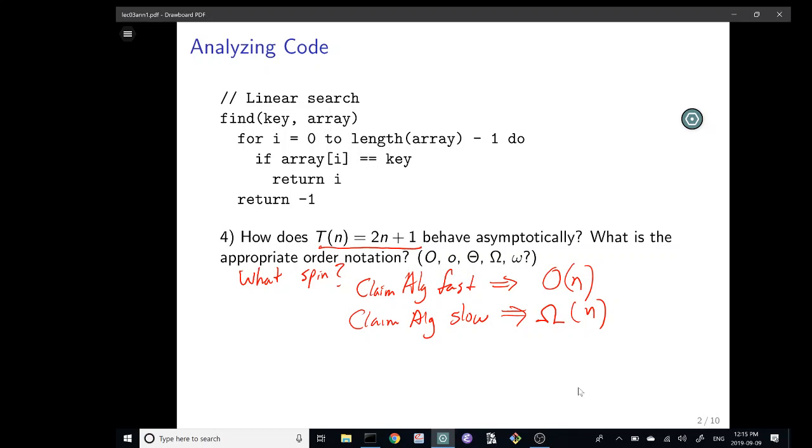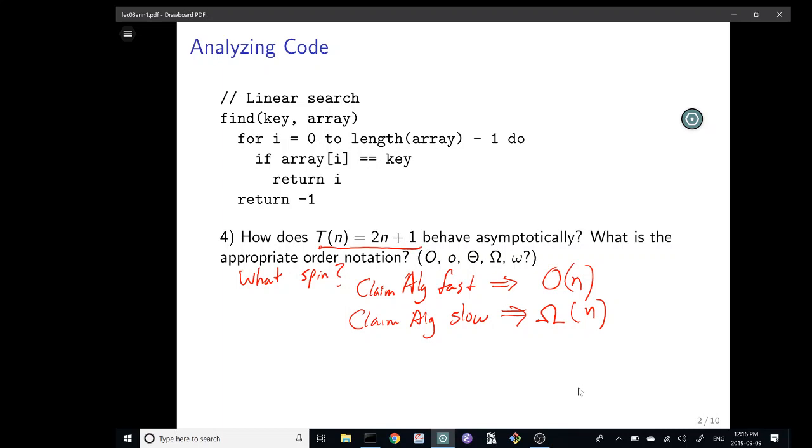I can't say that your algorithm is poor because it's a big O of n squared algorithm. That's not an argument that says it's a bad algorithm. If I said it was big omega of n squared, then that's an argument. But it happens even in papers, sometimes, that they'll use big O all the time instead of using big omega, for example, for lower bounds. Anyway, I'm trying to get you to see that there's a difference, and it's important.